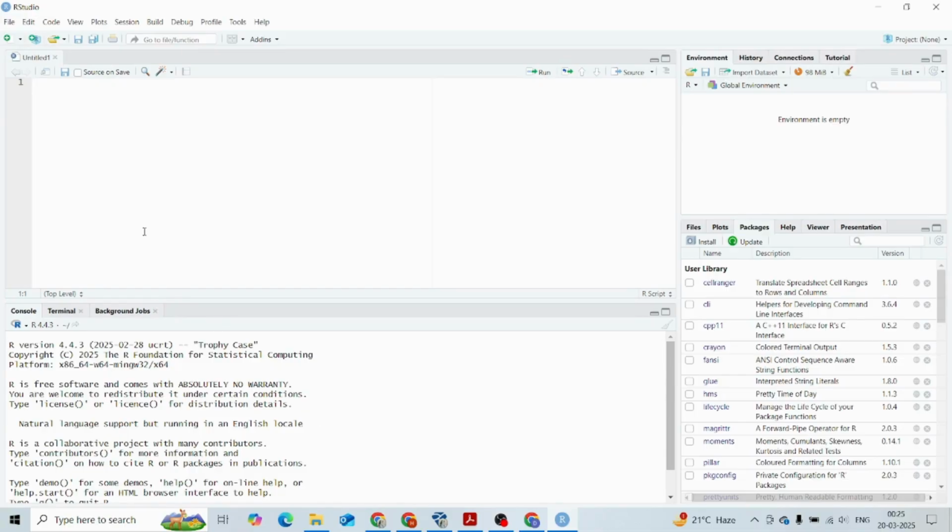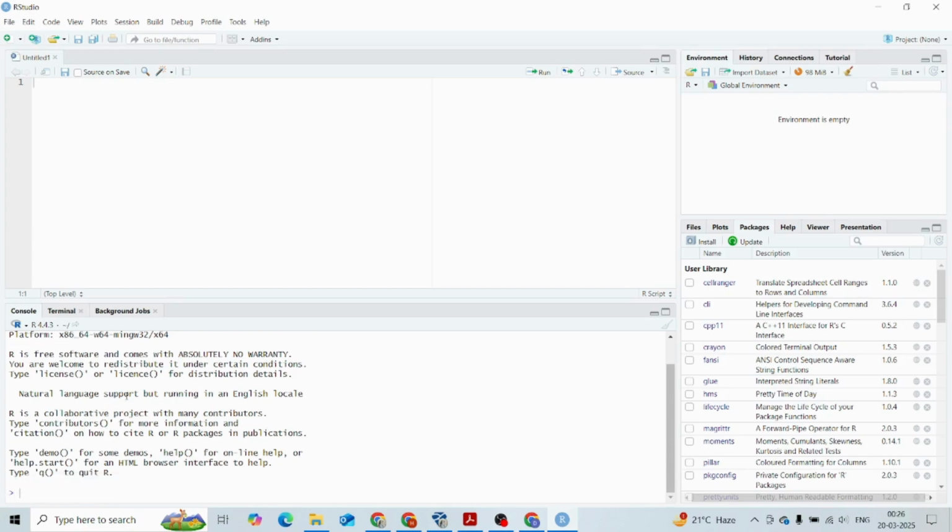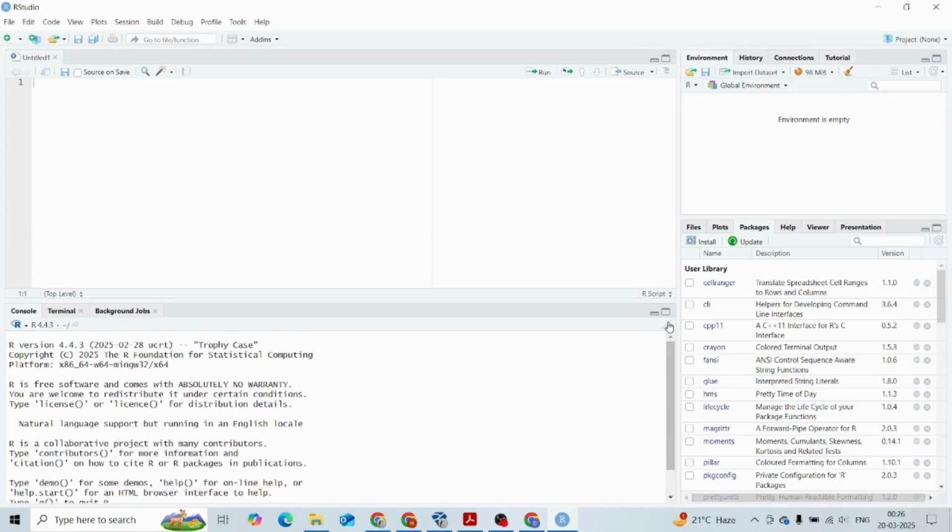So first of all, we'll see this first thing. What are the four panes called? First one is the script area, where we'll write all our syntaxes and all our commands. This is the environment area, where our output or the result will be available, shown and displayed by the R. This is the console area, where a lot is written, but you can just remove it just by clicking